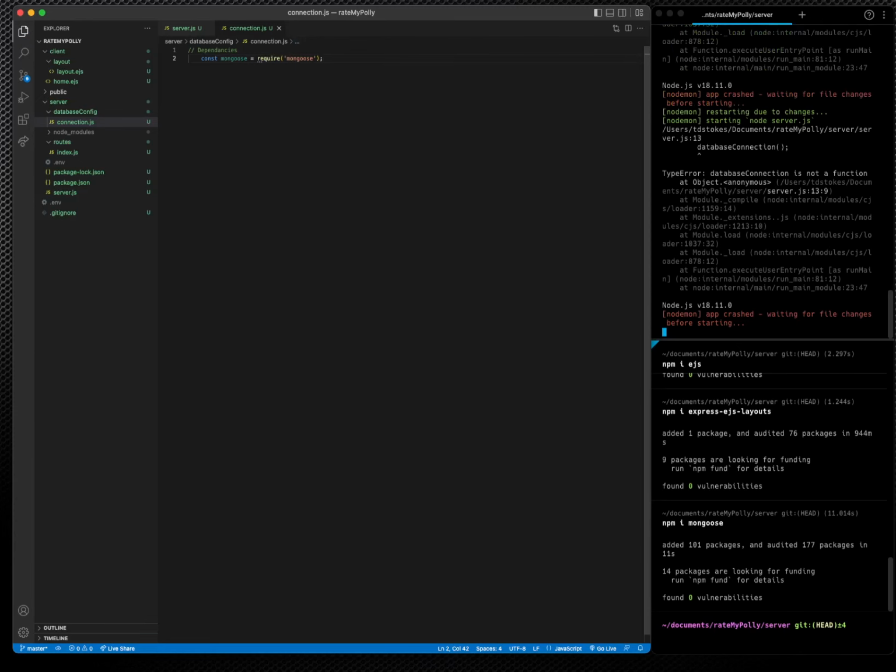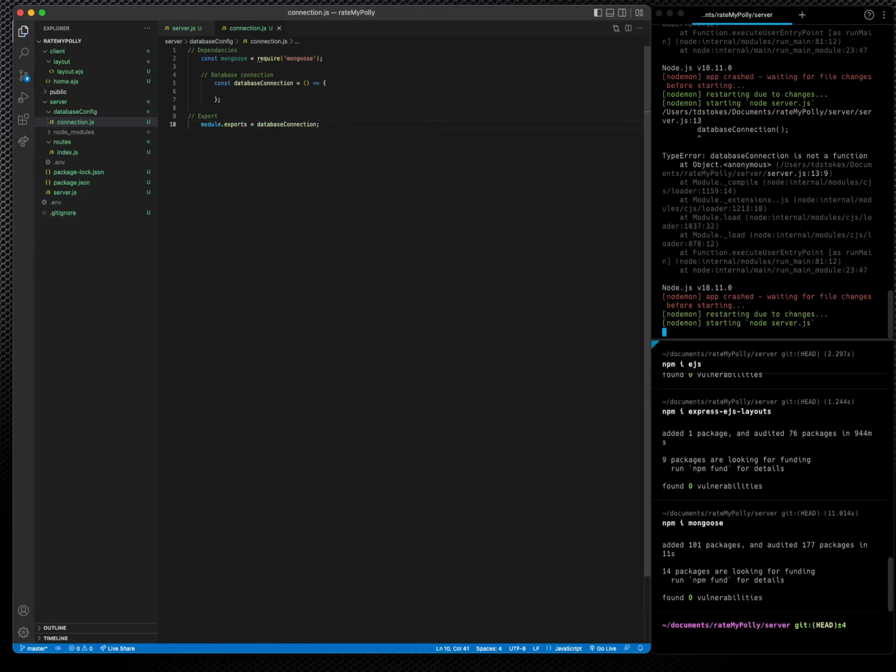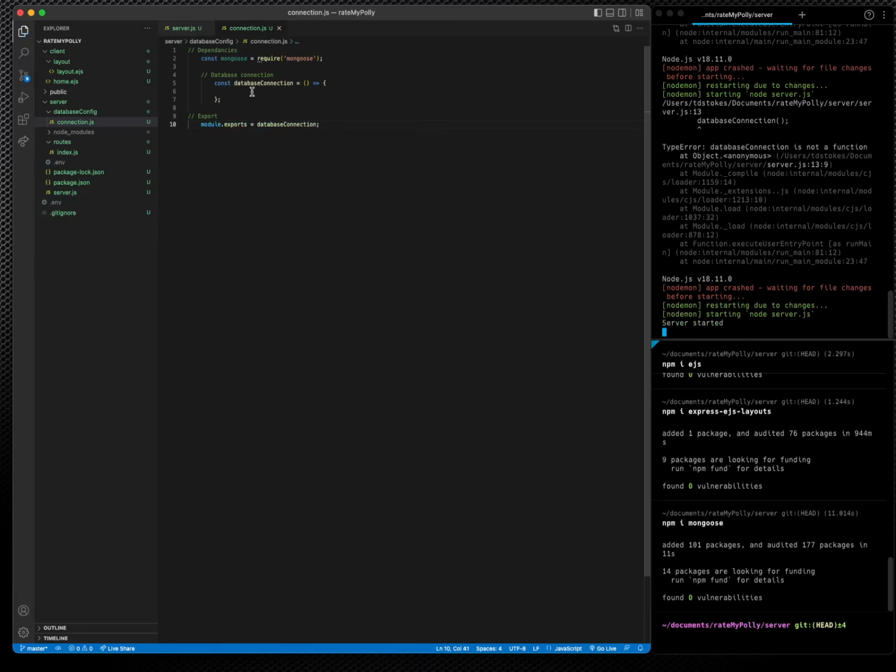Mongoose. Then we're going to have our database connection. Database connection is going to pull in no arguments. And then we are going to export that. Export is equal to that database connection. And that clears up our error. So now we want to connect to our database. So, nice and simple,